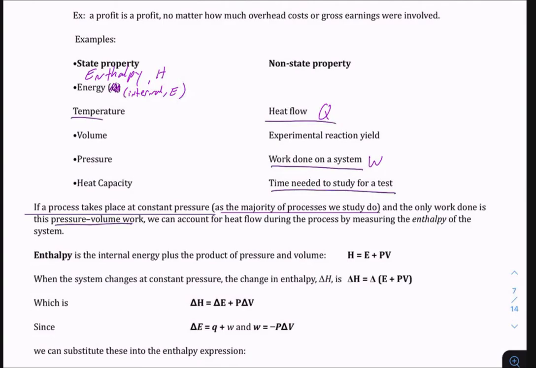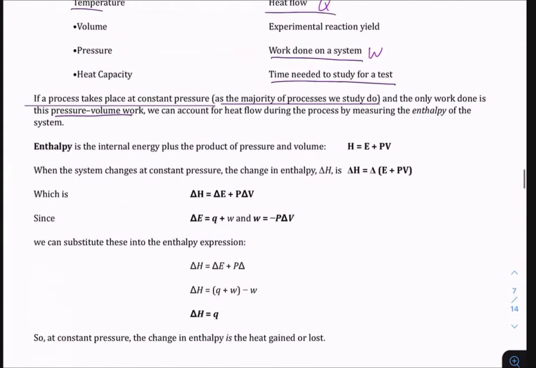What that means is we can account for heat flow by measuring the enthalpy of the system. All right, that probably doesn't make any sense. Let's break it down. So enthalpy, remember the symbol's H. Enthalpy is the potential energy in a system. And mathematically, it is the internal energy, which you guys know as E, plus the product of pressure and volume. Okay? Pressure and volume. When the system changes at constant pressure, which it does for us in a chemistry lab, the change in enthalpy is calculated to be the change in the energy plus the pressure volume product,